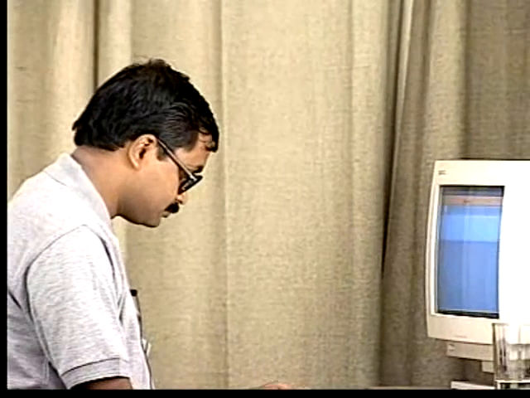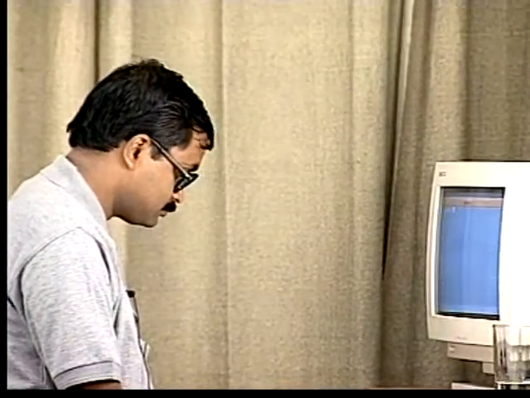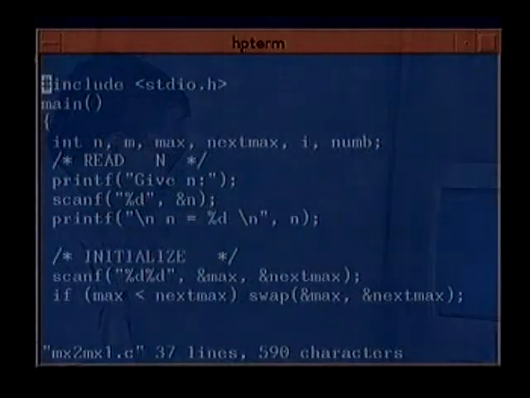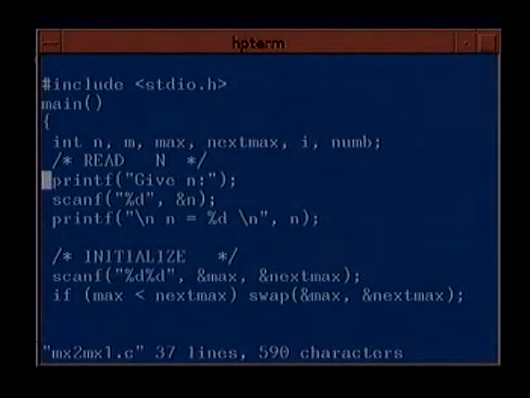Okay. So I have a program for that, and just let's run that program, which does exactly the same thing. It reads in n here, and then reads in the two values, max and next max. So we assume here that there are more than two numbers, obviously. And the mechanism of initializing those two, I have done it this way, that if max is less than next max, we just swap max and next max. So we have initialized the two numbers.